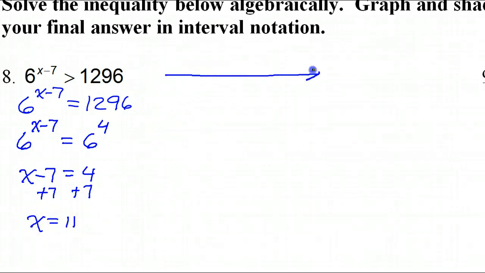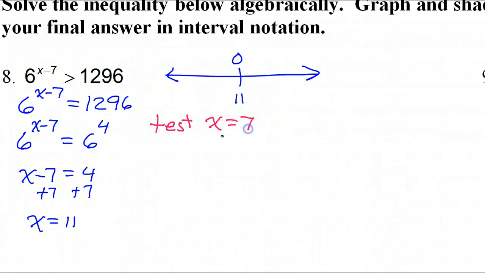So let's go ahead and draw our number line. Okay, and there's 11. Now, this is going to be an open circle because it's not equal to, so I put an open circle. So I just need to know if my solutions will be to the left or to the right. For that, we'll use a test value. Okay, now I often use 0, but this time I will prefer to use a test value of 7. So I've shown it with 0 many times, so it's time to take you to the next level. I'm going to test